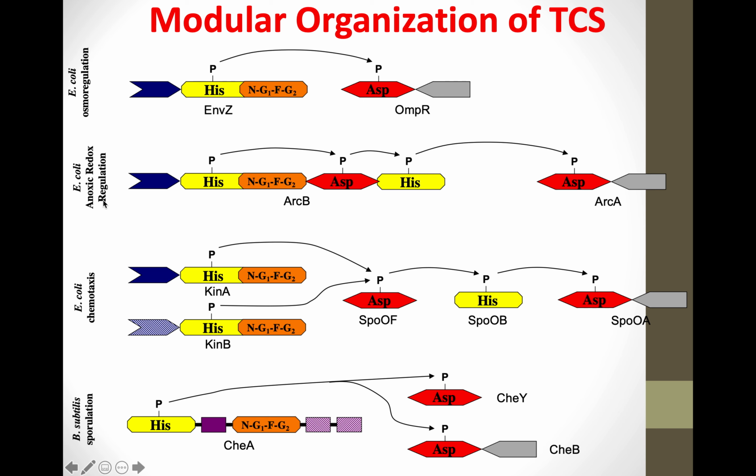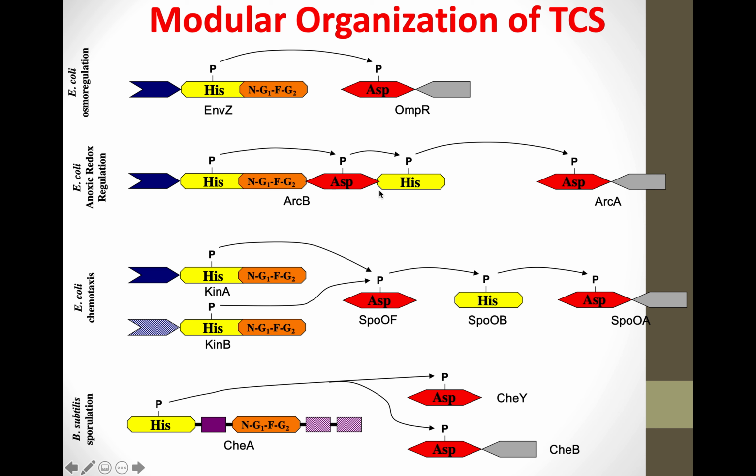In the case of redox regulation, what happens is that your response regulator receives the signal from the histidine kinase. The phosphorylated signal is transferred to another histidine. It does not give out the signal as yet, but it will be phosphorylated again to another aspartic acid site, and this time, for example, because this is in E. coli, another gene will be transcribed